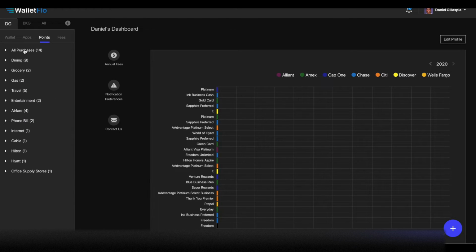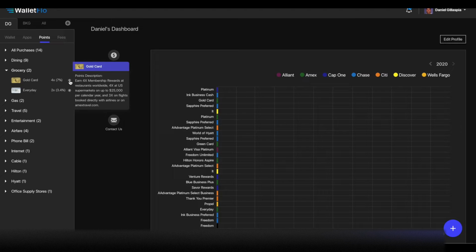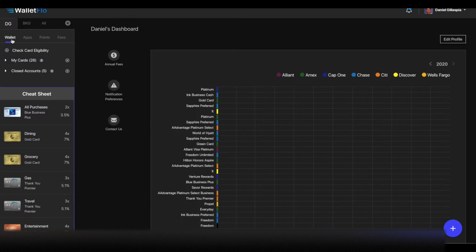And so again, all the categories are broken down, and you can again find out more details. In this case, this is only 4x at US supermarkets for the Amex Gold card. So these are really important details that are there. So I'm going to go back to the cheat sheet now that you've talked about the points tab, because what